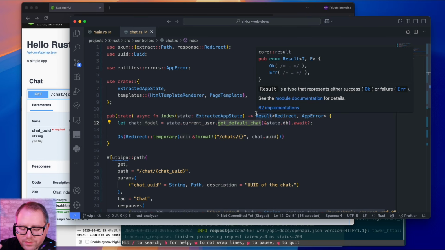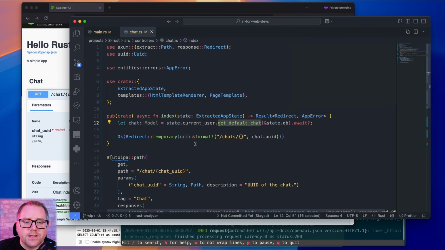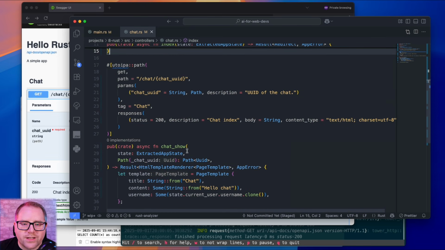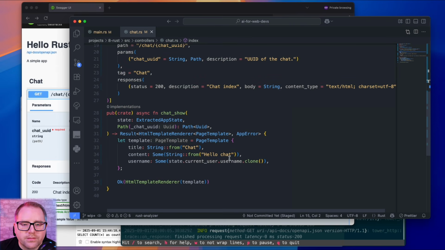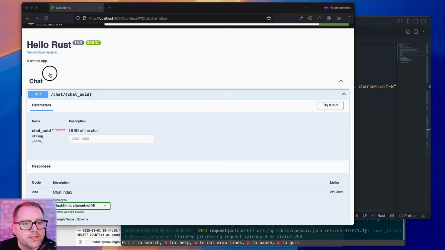We're just going to get the very first chat that we have on file because we're only using seed data, and we're going to do a redirect. And then for our actual chat show, we're going to look up the chat itself. And then actually, no, for this point, we're just doing hello world. So we're not doing any lookups just yet. So we're going to redirect, and then we're just going to show a hello message.